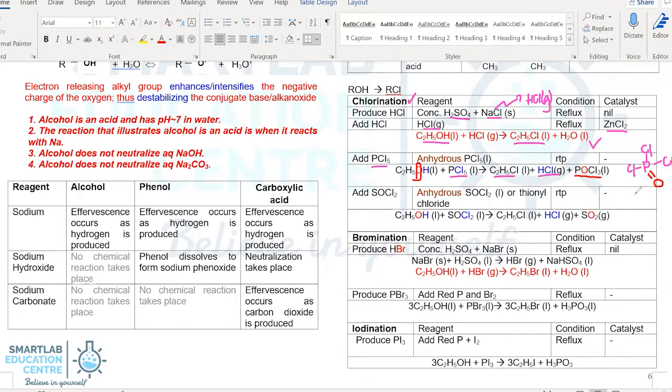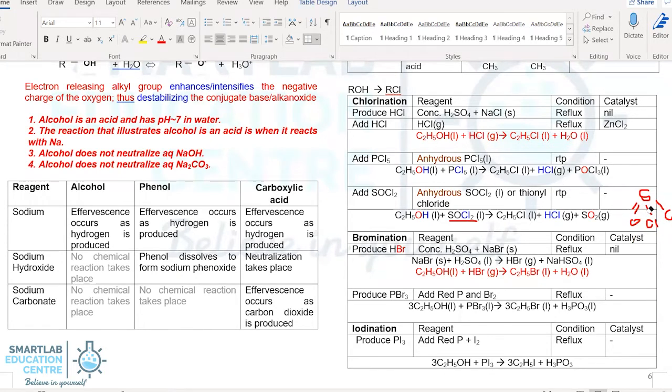And of the 2 chlorine that have been removed, one of them goes to the alkyl group of your alcohol to form your halogenoalkane, while the other one will bind with the hydrogen from the hydroxyl group to form your HCl. In the same way, this is how SOCl2, or your thionyl chloride, reacts with your alcohol. Again, for SOCl2, the shape is trigonal pyramidal. Again, the electron cloud of your chlorine is large and hence a high strain energy.